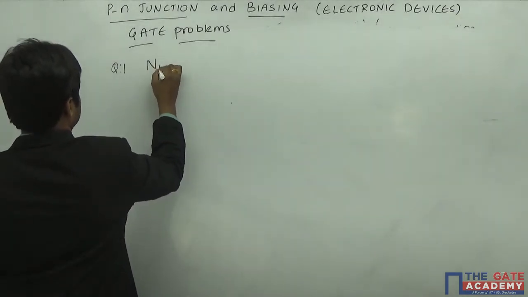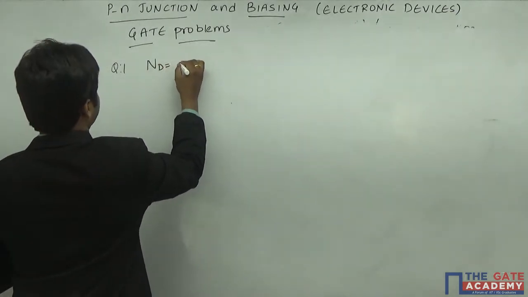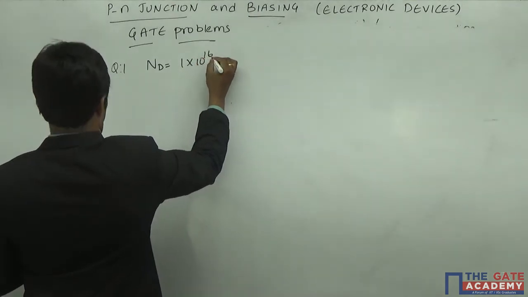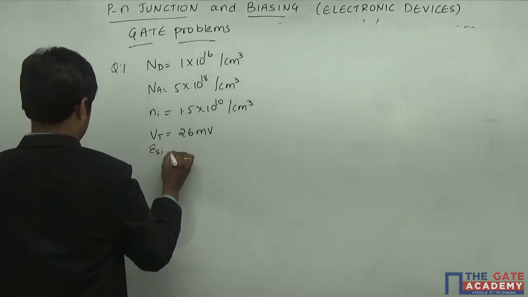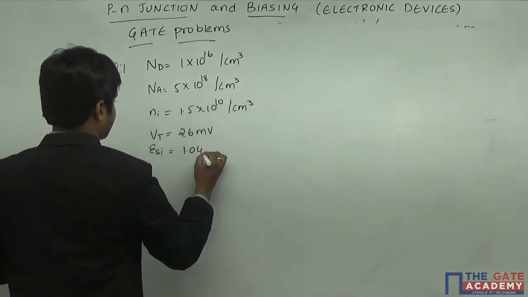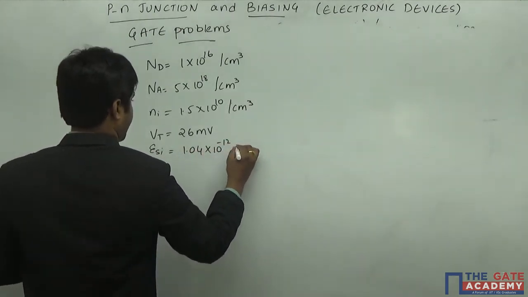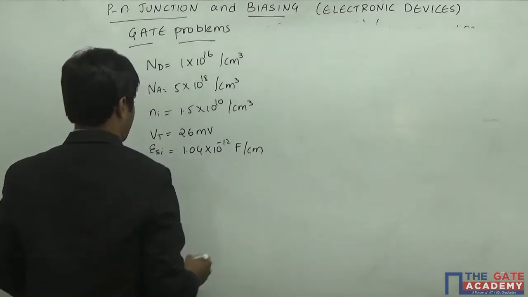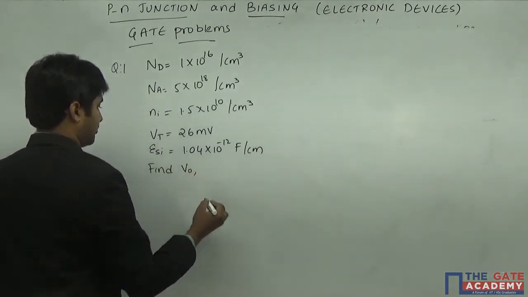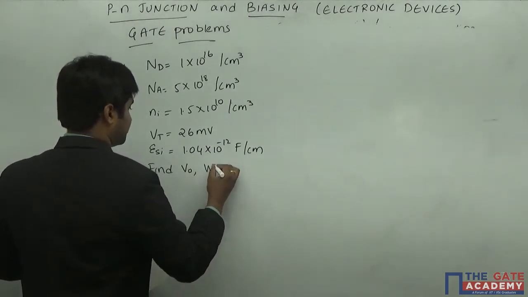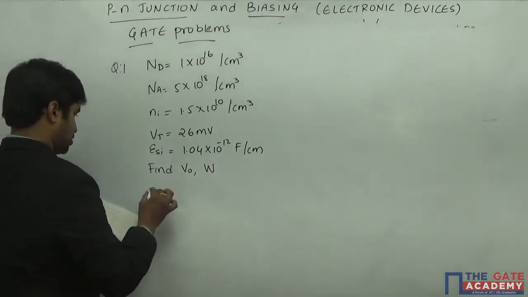So for question 1, first of all the doping levels are given. This is the data which is given in the question itself. Now what we have to find is the built-in potential and the width of the depletion region. So the options are